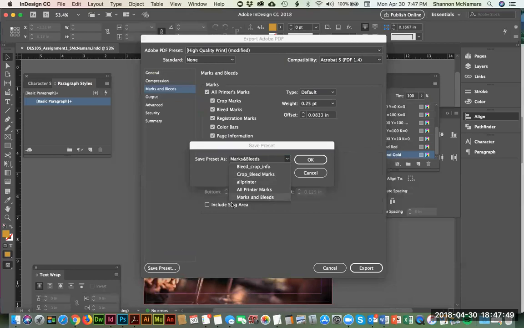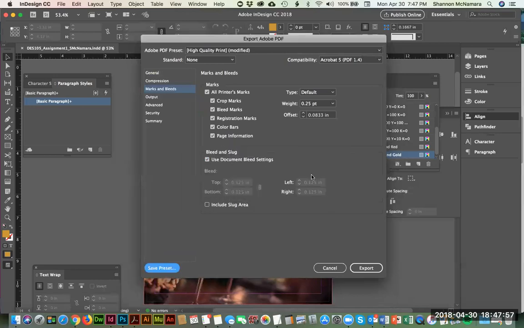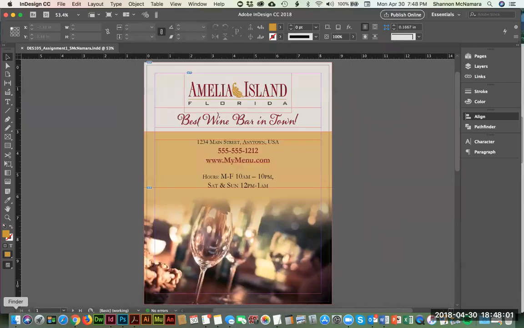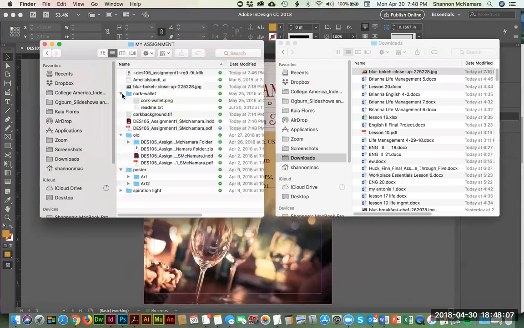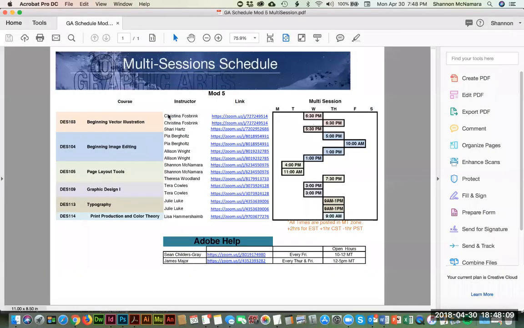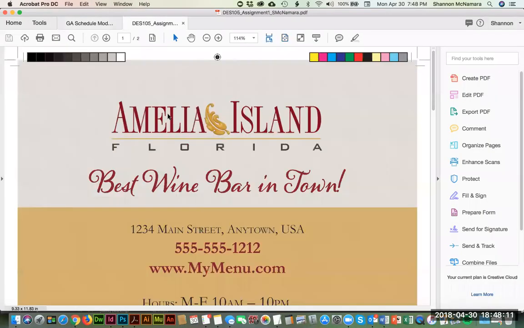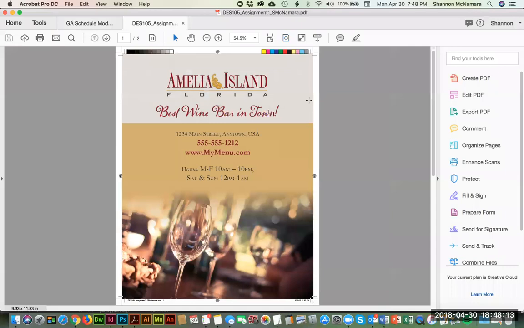I've done this multiple times, so I have marks and bleeds, all printer marks, all printer, crop marks. You can see how I've done this a million times. But you would hit OK. I'm going to hit cancel. And then you would hit export. Now, what that is going to do is make a PDF that shows where those crop and bleed marks are located, so the printer knows where to cut it,